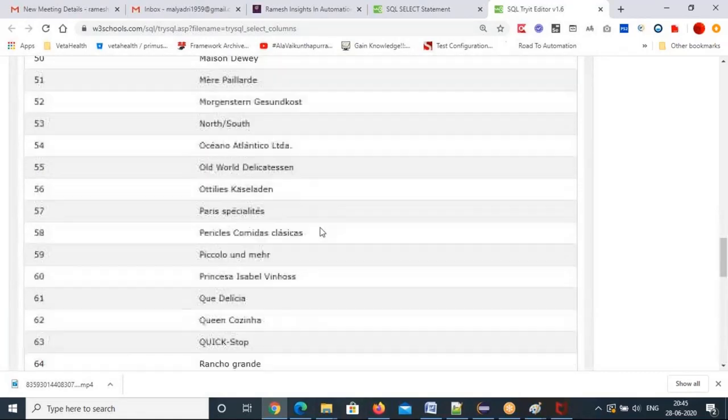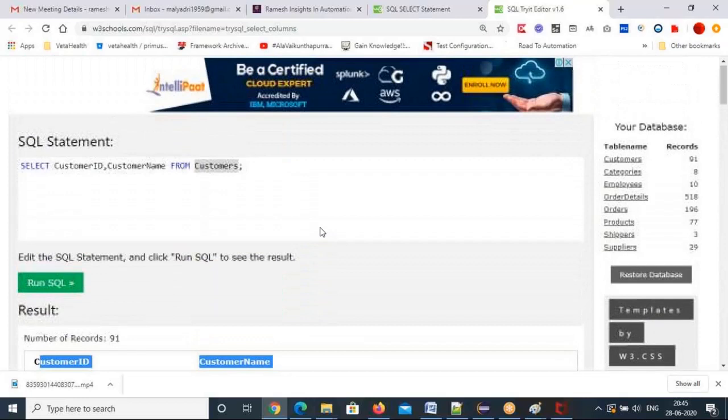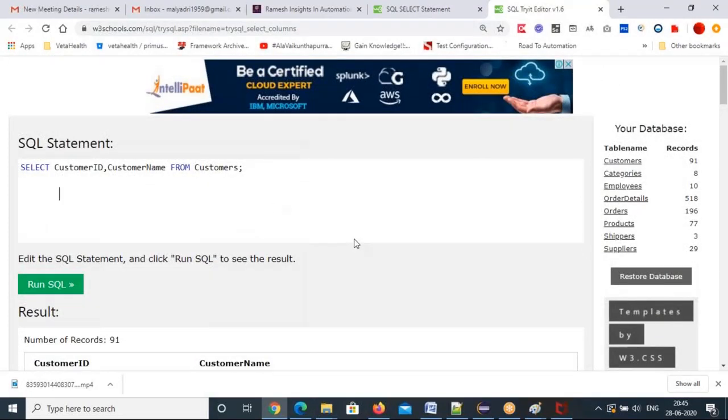Like this, however much data there is, you can get it. So we'll execute all this one by one with a select query. Select query is used to retrieve the data from the table based on the given columns.